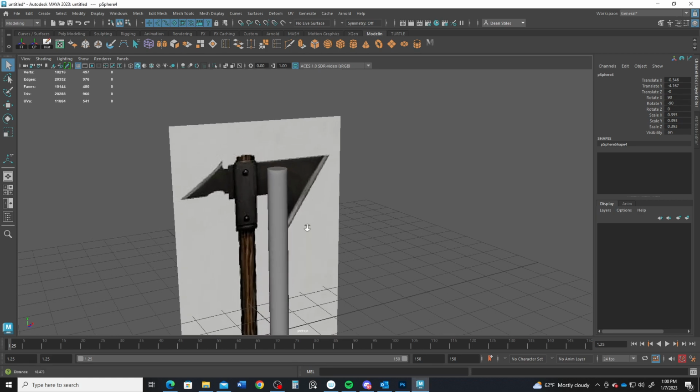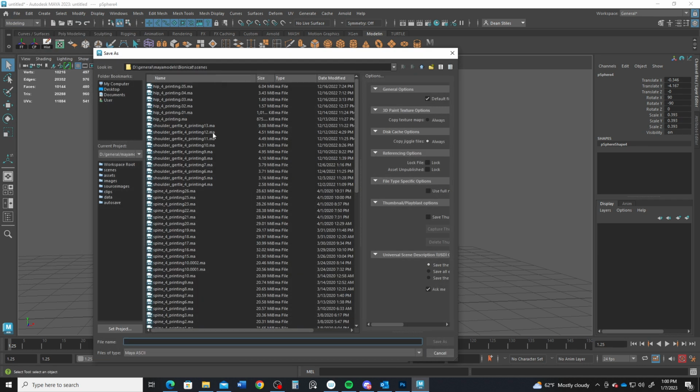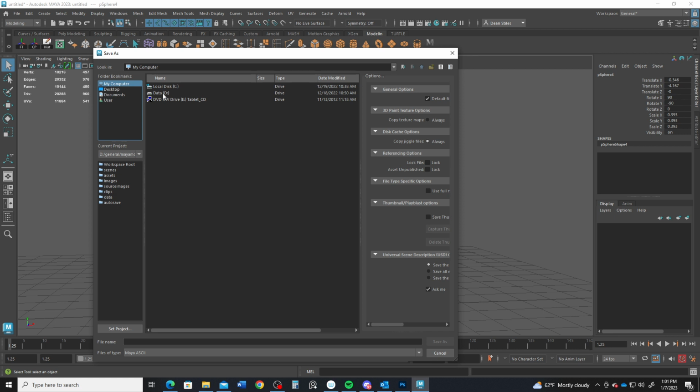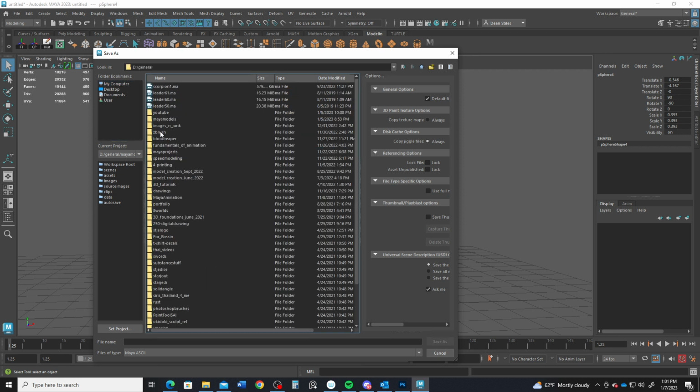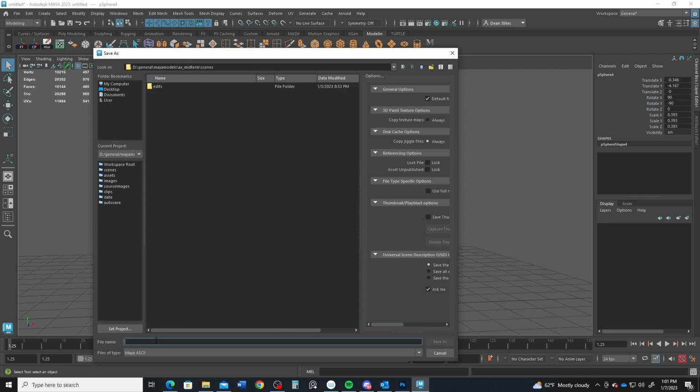All right, the axe head. Let's save before we move on and go to File, Save Scene As. I had some other files in here that I had already saved. So we'll see if we can get to this right here. And then I go find it. Axe, and then scenes, and then